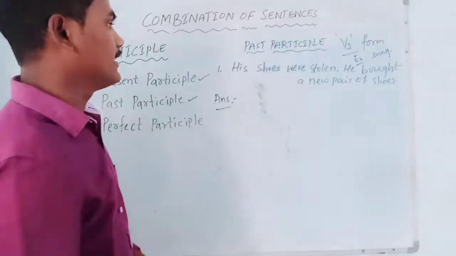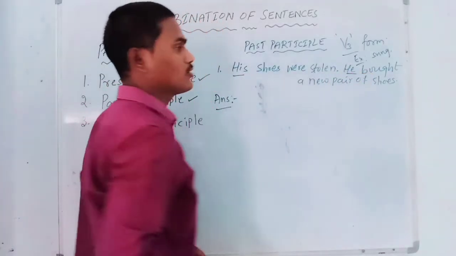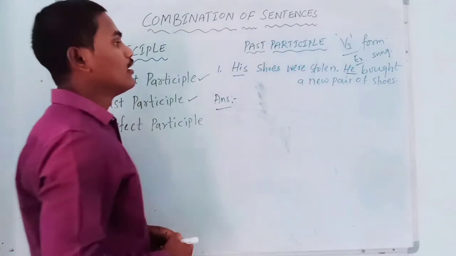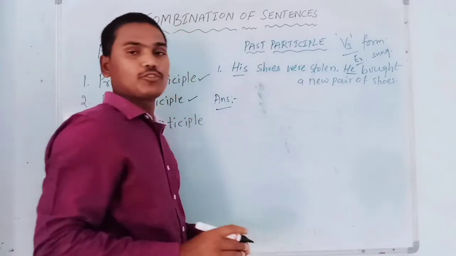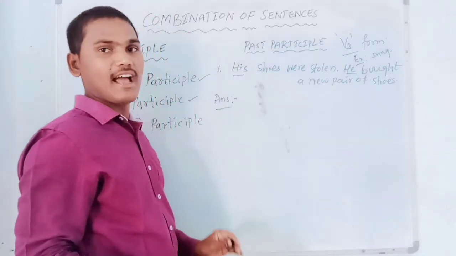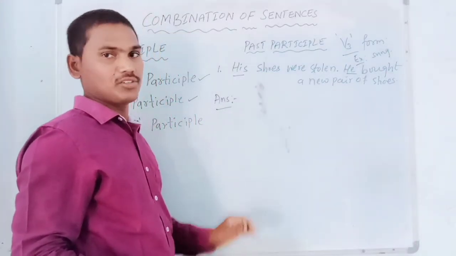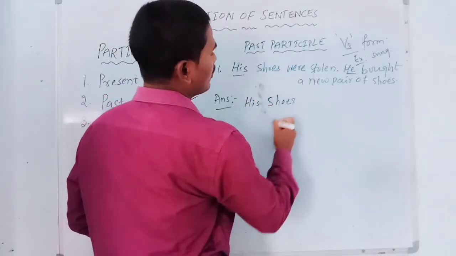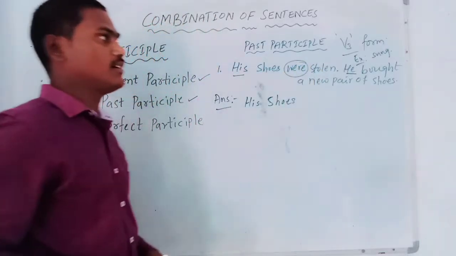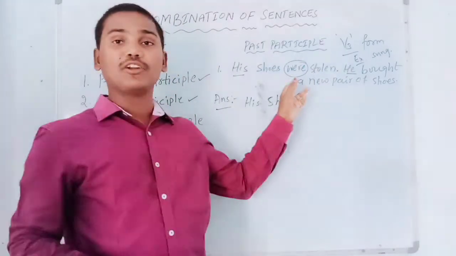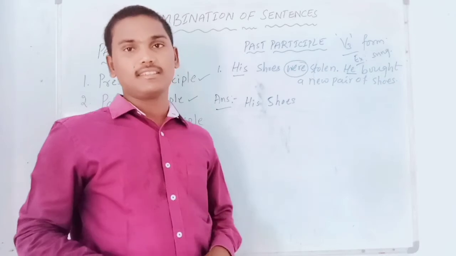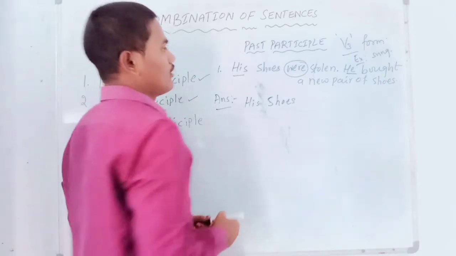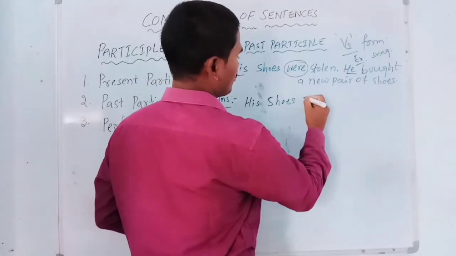So here it is his and here it is he. So both are different subjects. In these cases, what should we do? We should not remove any subject. So his shoes, and we have to remove this helping verb. We do not use the helping verb again in the answer. We have to remove that. Then it becomes a past participle. So it is: his shoes stolen,